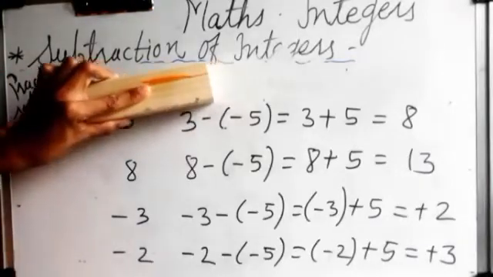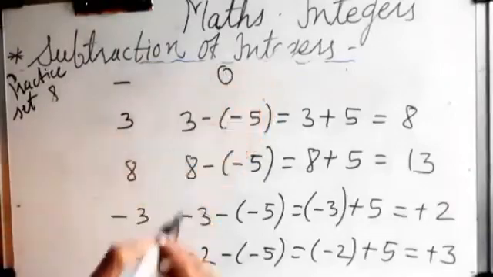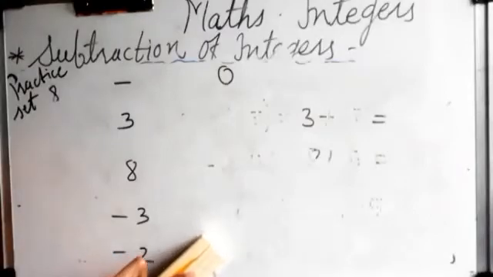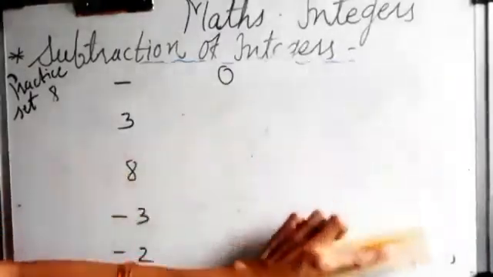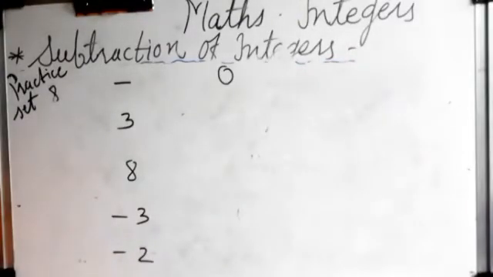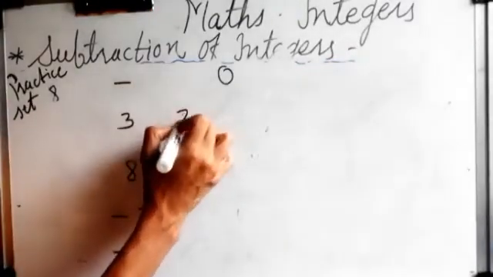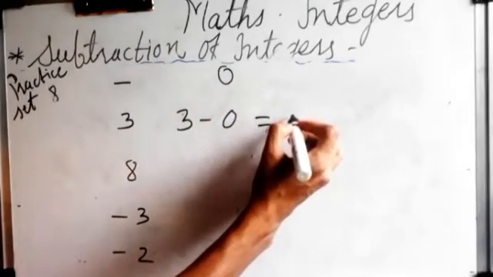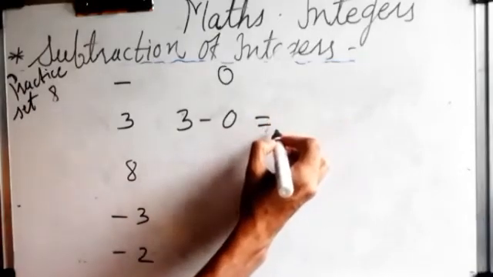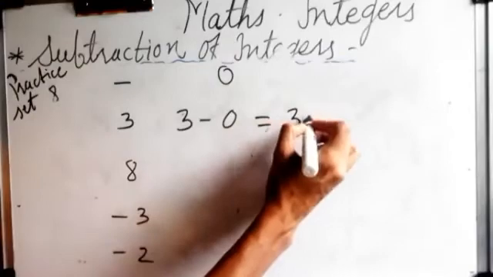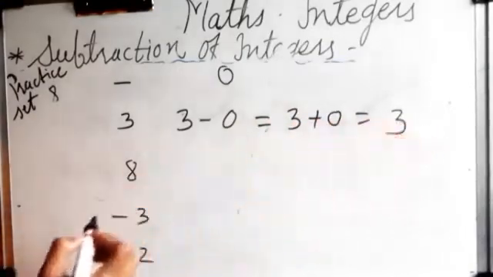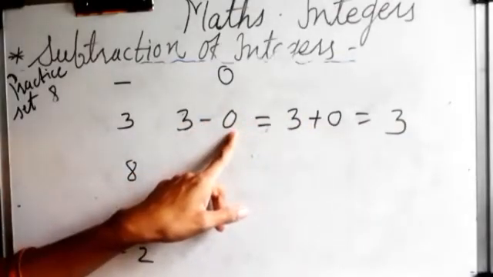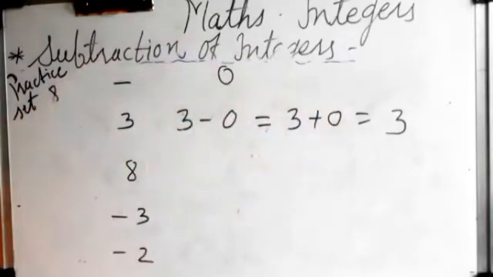Then next number is 0. So let's see for 0. I had told you, when we add or subtract 0, when we add 0 in any number, that time answer is that number itself. So it is very easy. 3 minus 0 is, you can write simply answers here directly, or if you want the step it will come. 3 minus 0, that means 3 plus 0, that means 3. As our rule, 3 as it is, instead of subtraction plus, and 0 doesn't have any sign. So every time 0 will come as it is 0, okay.